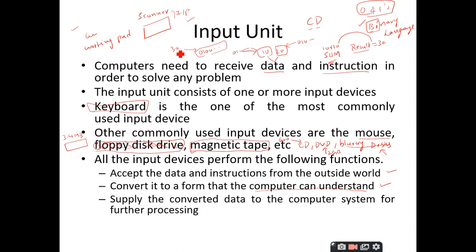So, this is the purpose of the output devices. This 30 has to be displayed on the output device. So, conversions should be done by the devices, and of course, the computer will help with it, but that's a different case. Is it clear?